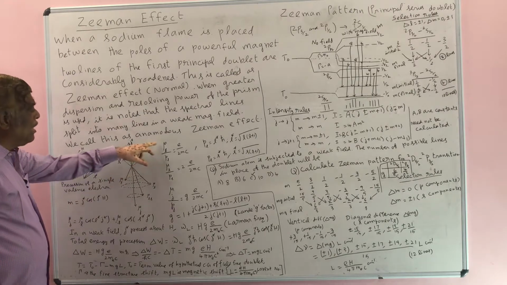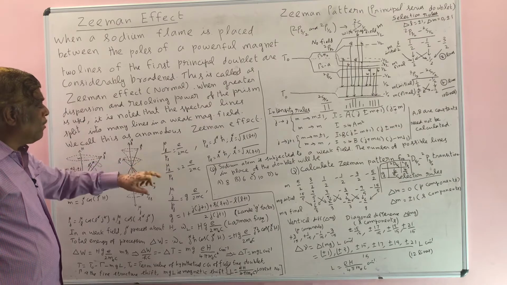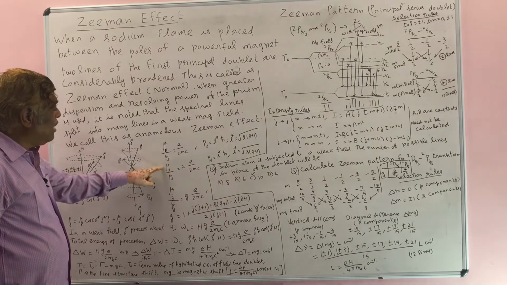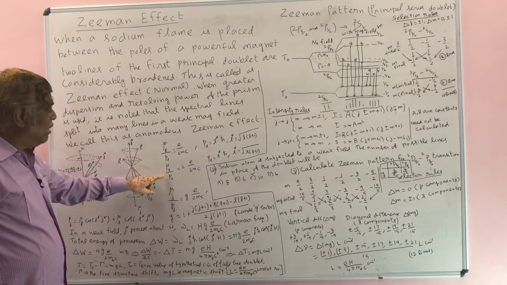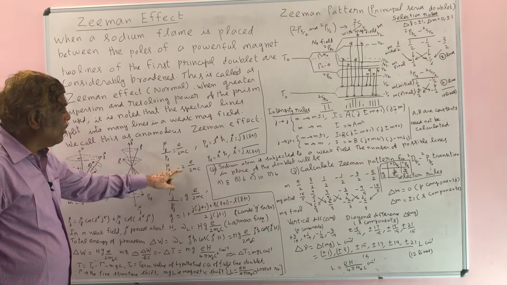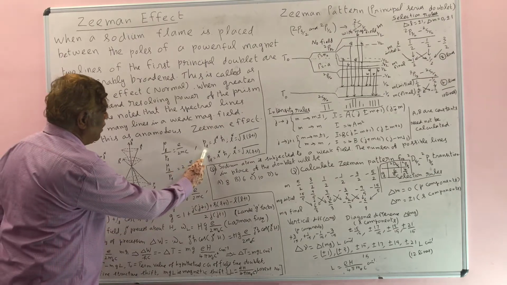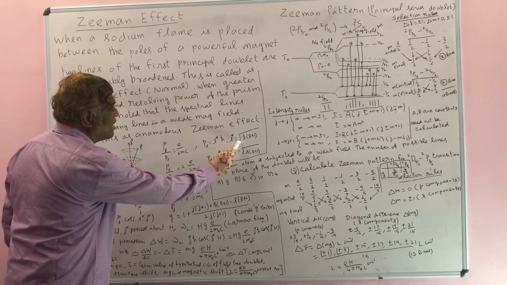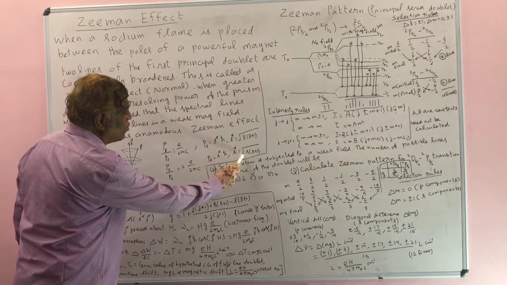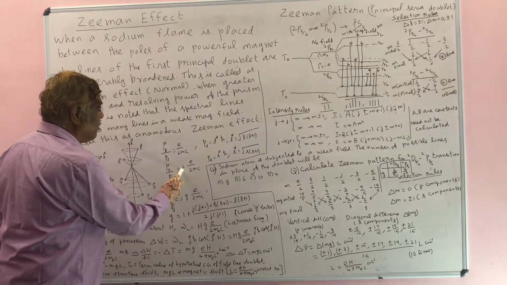Now we know that the ratio of the magnetic moment to the mechanical moment of the orbital motion is equal to e by 2mc, and the ratio of the spin magnetic moment to the mechanical moment of the spin is equal to 2 times e by 2mc, where P L is equal to L* h cross, L* is defined as the square root of L into L plus 1, P S is equal to S* h cross, and S* is equal to the square root of S into S plus 1. Since S is equal to half, you get this number 2.